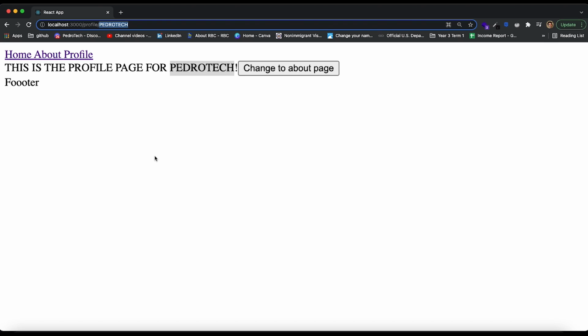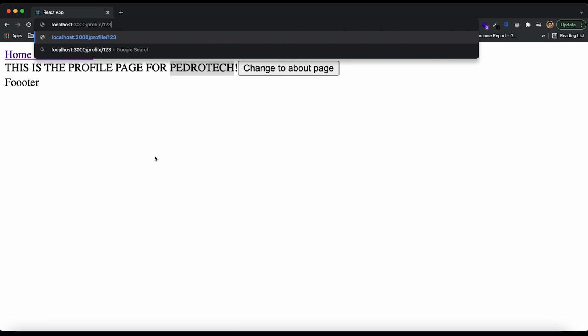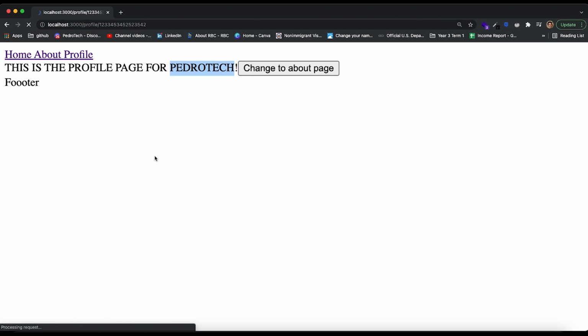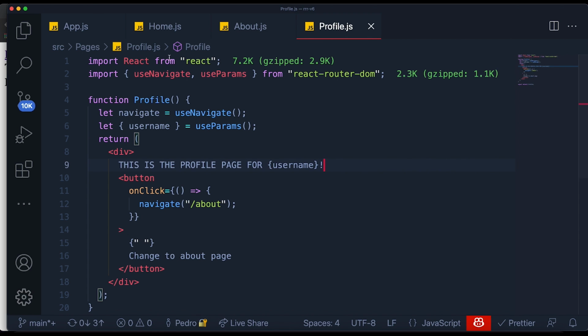Now, is this useful? Yes, extremely useful. You can use this to create different profile pages as we're doing right now. I would usually recommend using IDs, like putting an ID for a user over here, and then when you make an API request, you grab that and make that API request using that ID. So with that in mind,